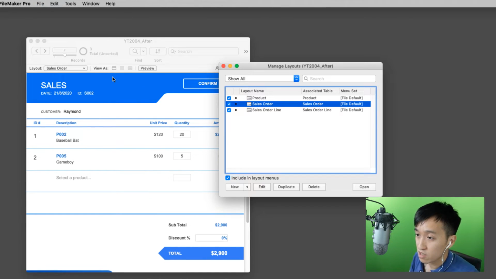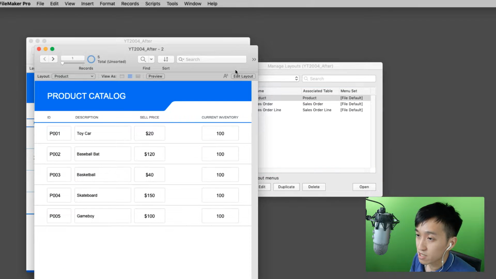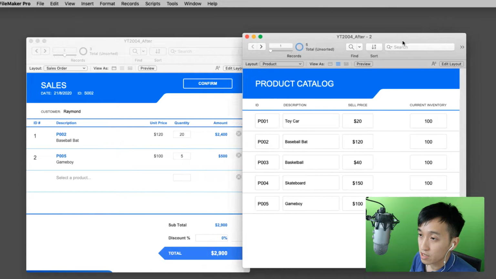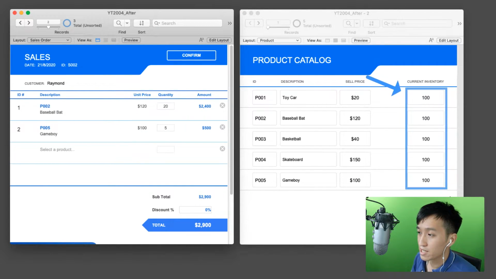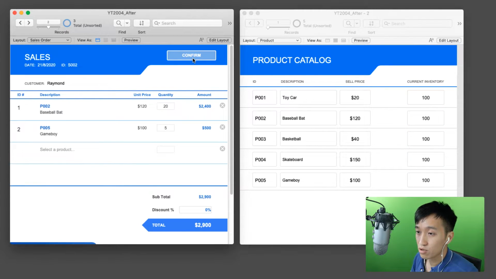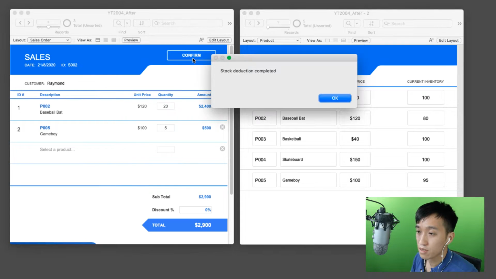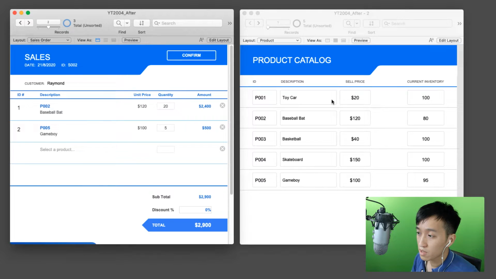To make it easier for you to see, let's just open them side by side, like here. I'm going to click confirm, and make sure you have a look at the right hand side and notice the inventory change. So 3, 2, 1, confirm, stock deduction completed. Click OK. And then you will notice that, wow, baseball bat has automatically had its inventory level deducted to